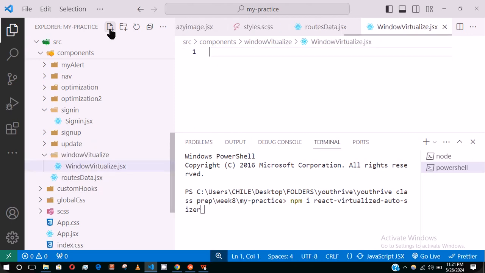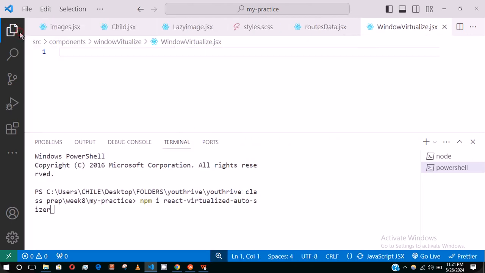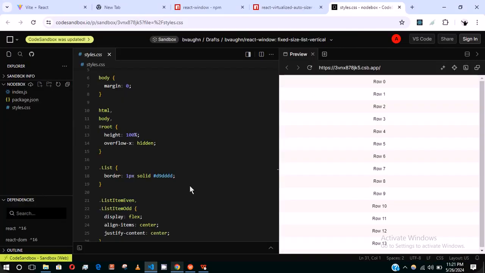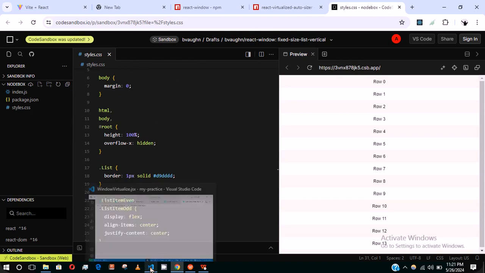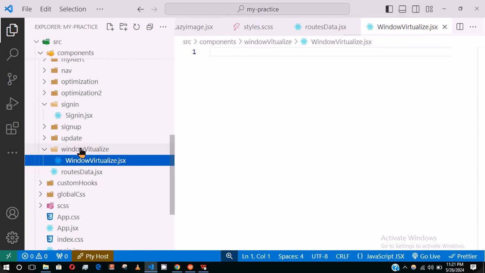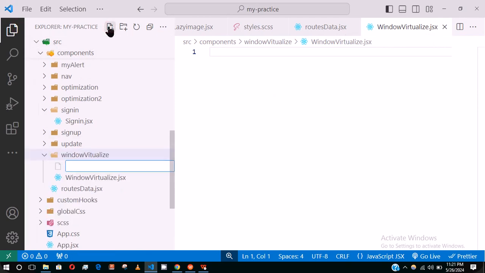Then we're not going to do our RFC because we'll copy the code from here. That's why we're going to that sandbox. So this thing I'm showing you now is just how to look for a code solution online, read it to understand what you want, and edit it. So I'm going to put here